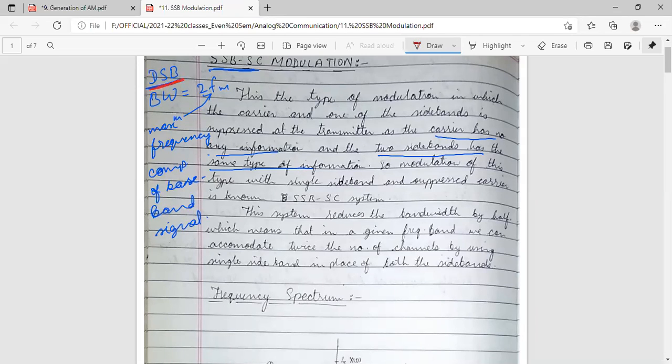So what we can write it as is DSB-FC. So what does this DSB-FC mean? Double sideband full carrier. So we have transmitted the signal which consists of both the sidebands as well as the carrier part. So we can name it as DSB-FC, full carrier. Okay. So in that case, the bandwidth of the modulated signal was 2 FM. Now, when we are dealing with only one of the sidebands, maybe the upper sideband or the lower sideband, in that case, the bandwidth will be reduced by half.